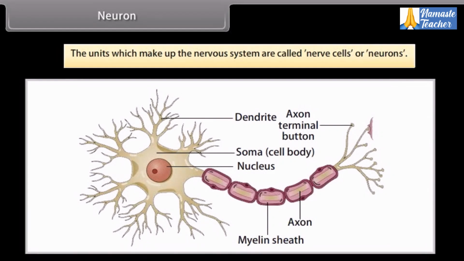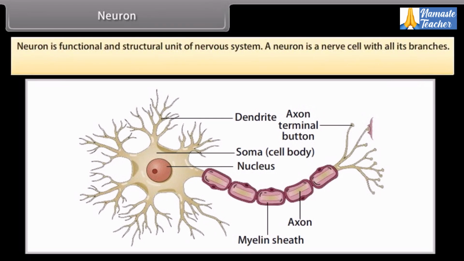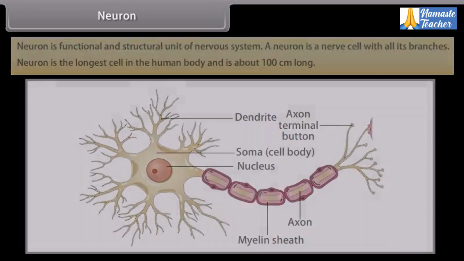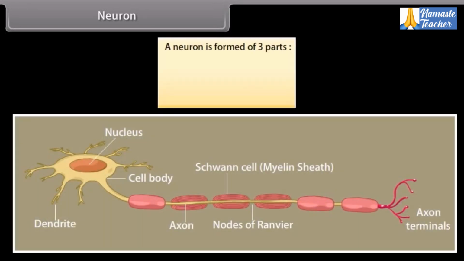Neuron. The units which make up the nervous system are called nerve cells or neurons. Neuron is a functional and structural unit of nervous system. A neuron is a nerve cell with all its branches. Neuron is the longest cell in the human body and is about 100 centimeters long. A neuron is formed of 3 parts: